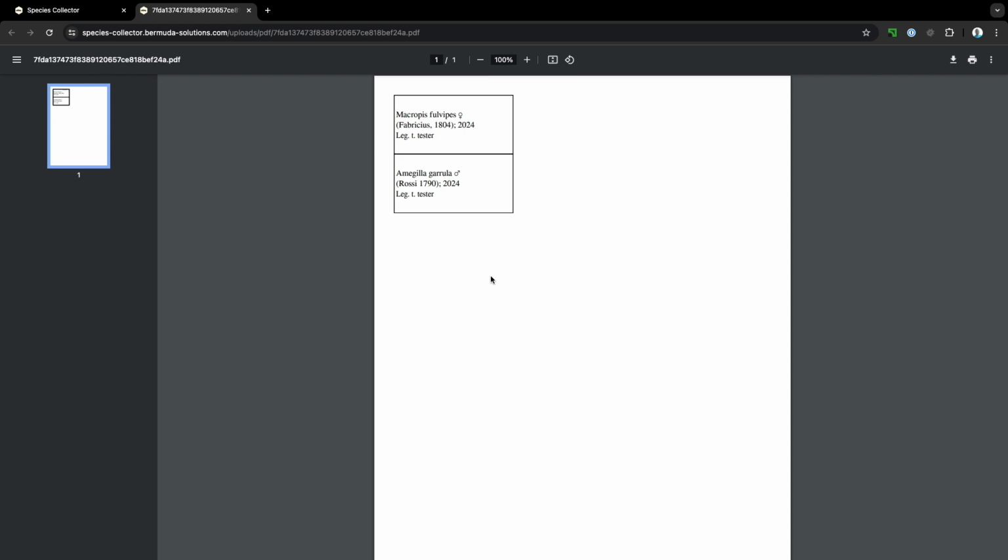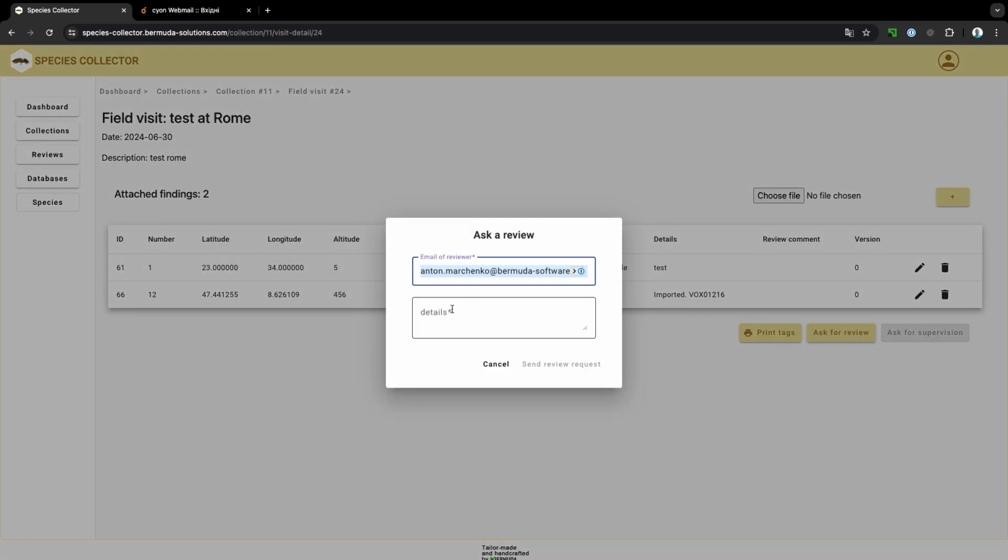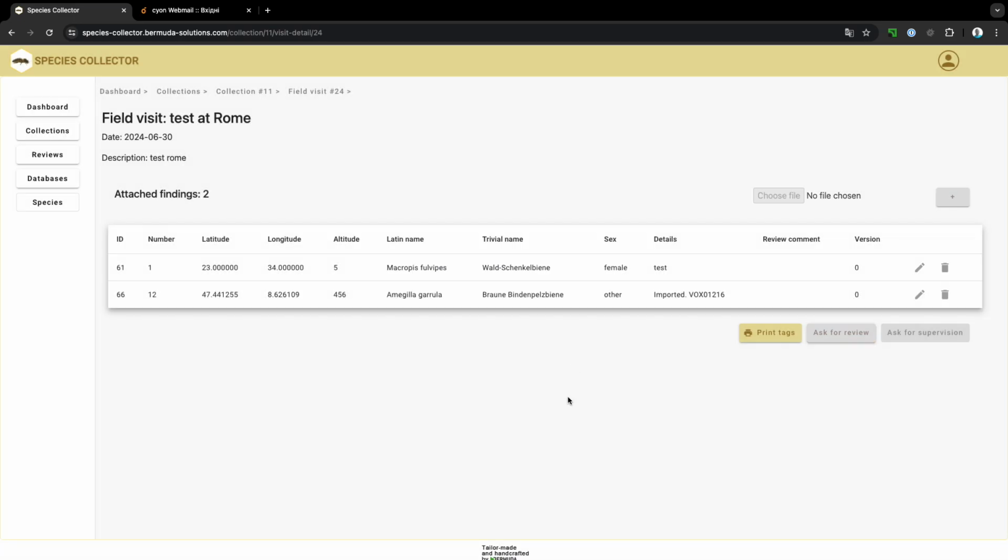Press Print and a PDF file for print will open in a new tab. You can send your findings to a friend or colleague for review. For convenience, we will use the term reviewer. To do this, you need to press the appropriate button, specify the email address of the reviewer, and write him